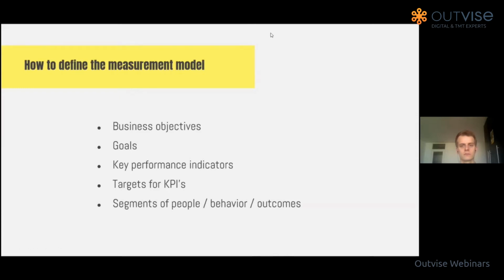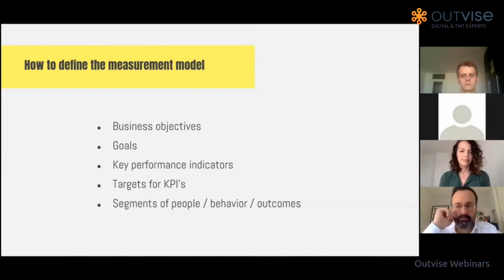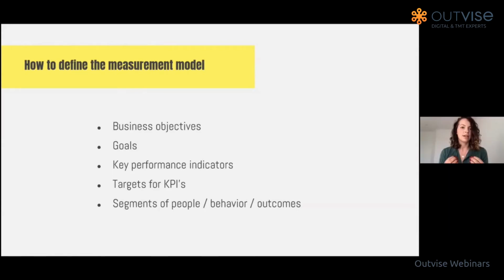And then you break it down by goals, and you have to identify crisp goals for each business objective. And here also management takes a big part in this, and normally you can have different goals within one big objective. For example, if you want to generate leads as an objective, then the goal will be you want to capture leads, and then you have to continue with defining the key performance indicators.